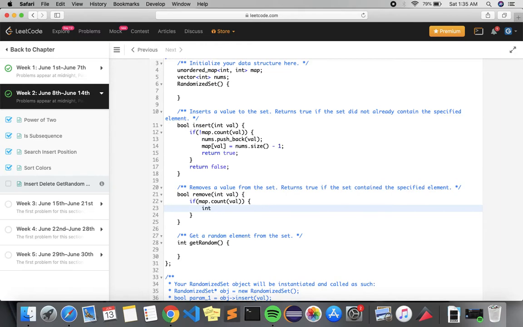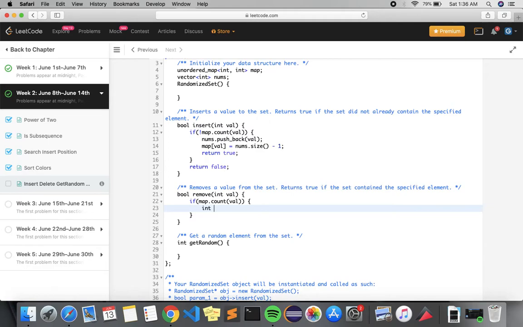How can we do that? We can use the hash map for that. First I have to put my current element's mapping to the mapping of the last element of the array, and then change the map of the last element to the index of the current element.